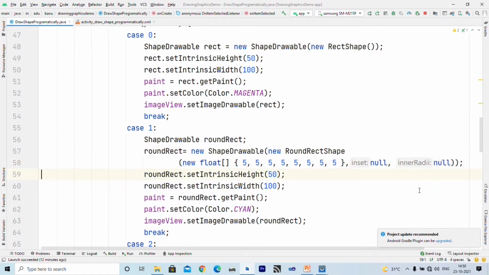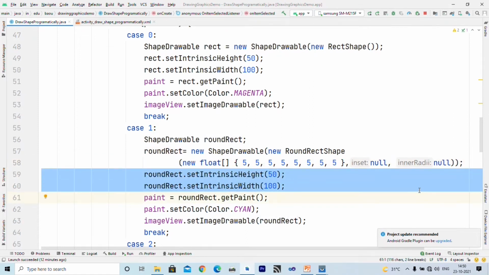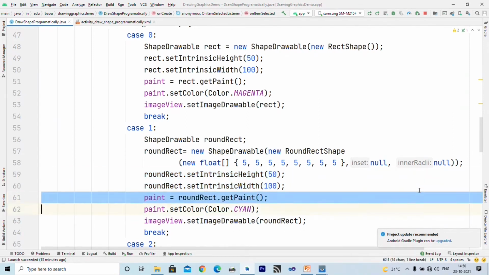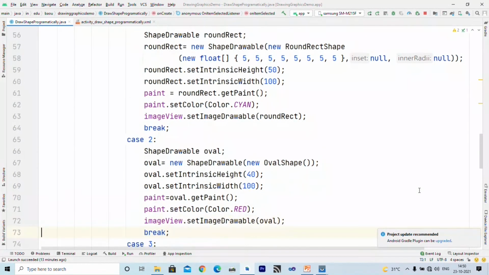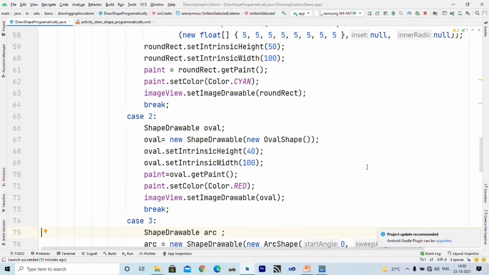Now we can specify the actual width and height of the rounded rectangle using again setIntrinsicHeight and setIntrinsicWidth. Again we specify the paint and set it inside the image drawable. So this is how we can create various types of shapes and draw them inside the ImageView. Next we take the oval shape.